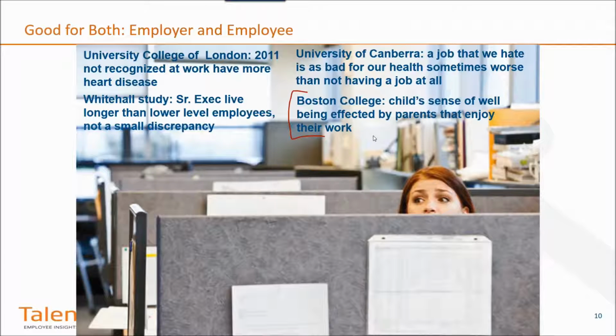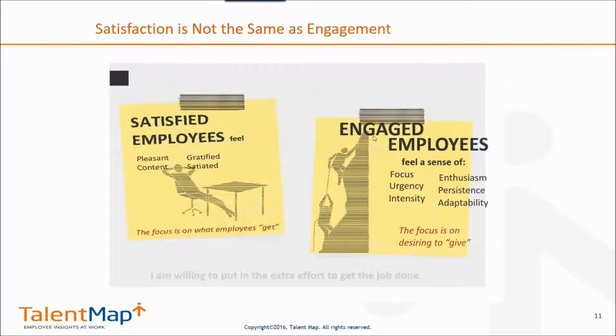What they found was that highly disengaged parents tended to affect their children's behavior. Statistically, those children were called out at school, were pulled to the office more often, and had more issues with teachers than children of parents who were highly engaged. So there are differences: you bring engagement home, and it affects the workplace, and not only that, it affects home.